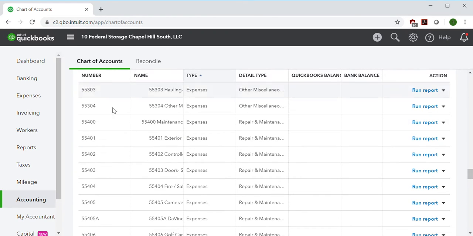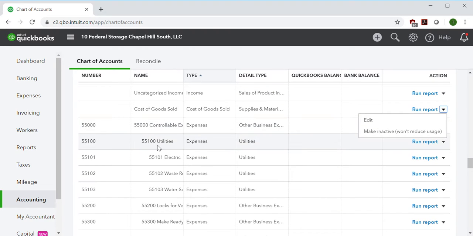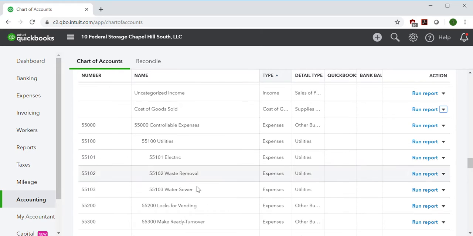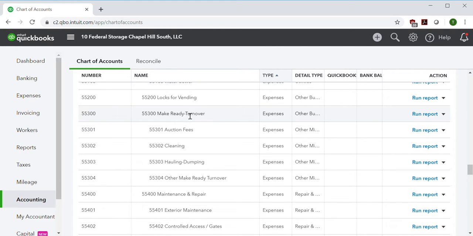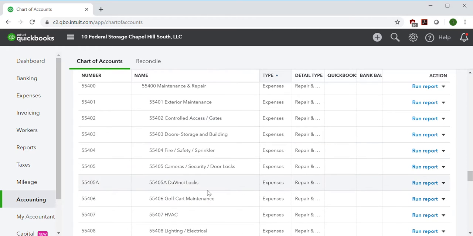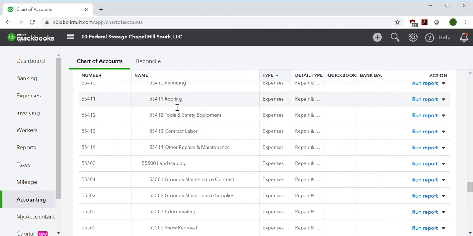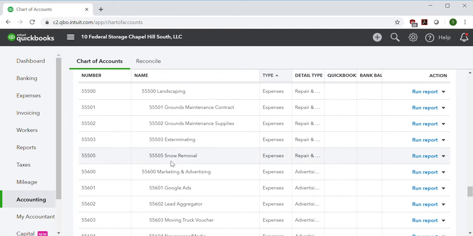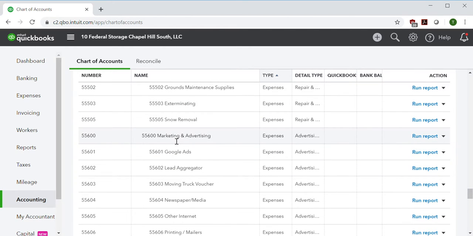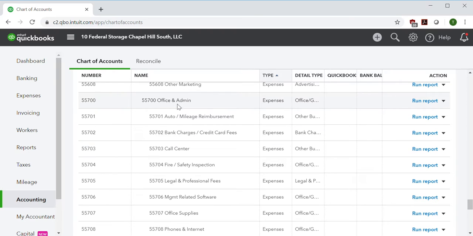Here are all your expenses, and you've got categories: utilities, locks for vending. This is not the Da Vinci locks. These are locks that are going in the vending machines. You have your make-ready turnover costs, your repair and maintenance cost. There's quite a few different categories of those. Landscaping and outdoor, the exterior, marketing and advertising, office and admin,